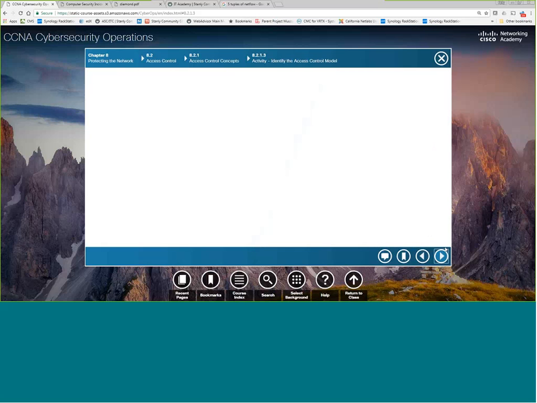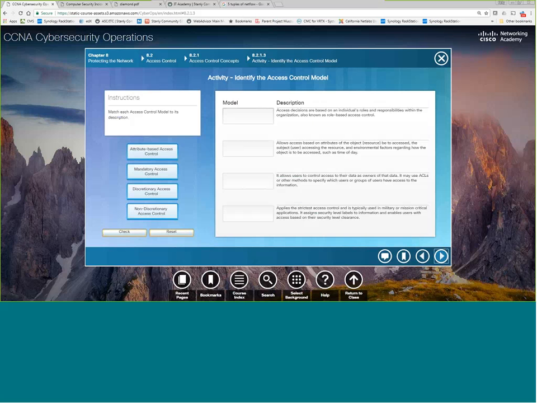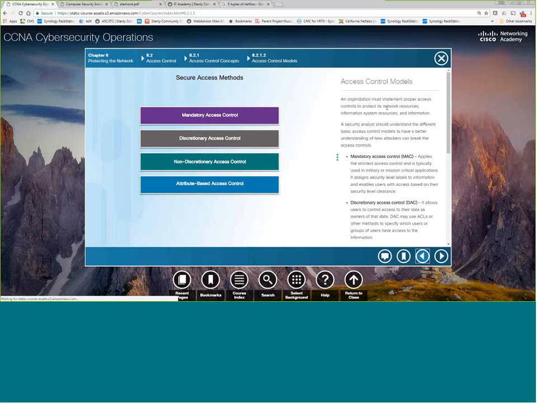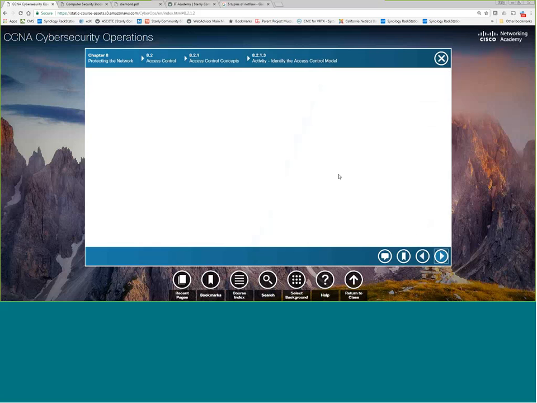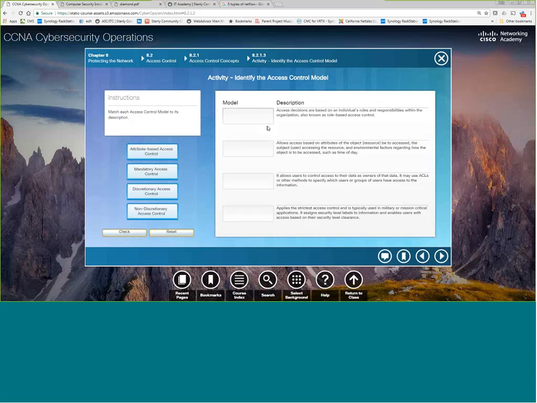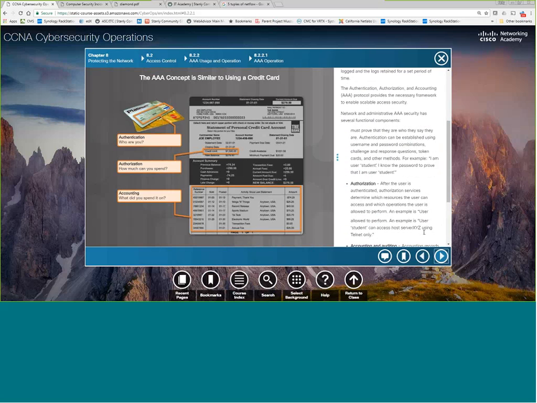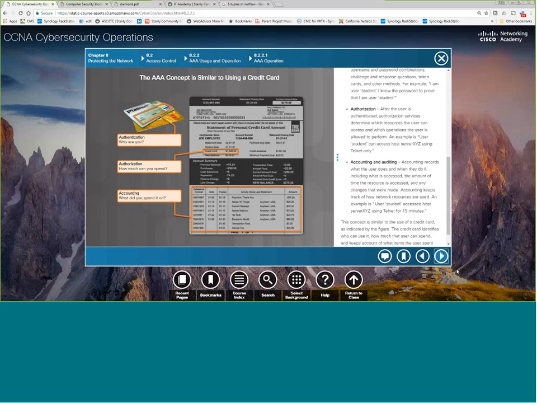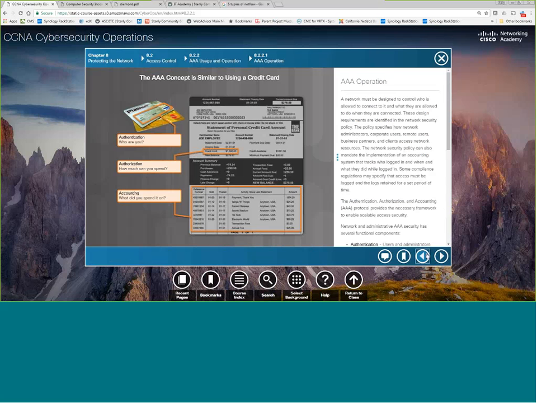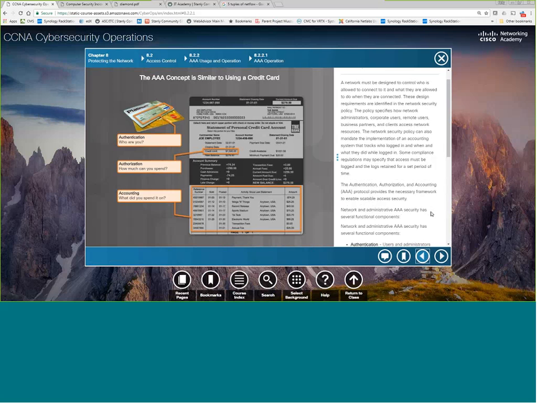So let's go again. There's a slide here. There's a drag and drop now, and it's also on the chapter test, so I would think more than likely it's something you need to know. AAA is a method of securing items on a network with access control.